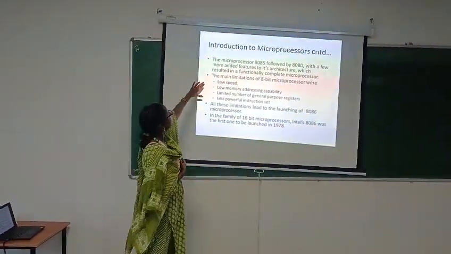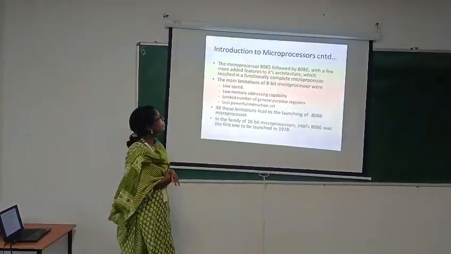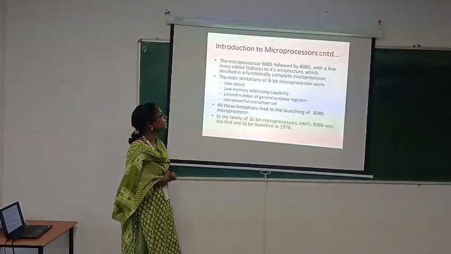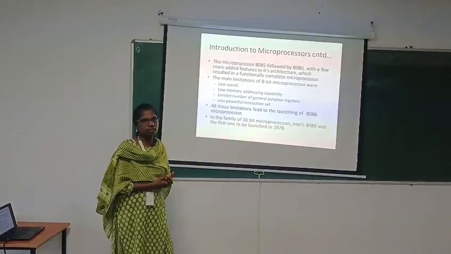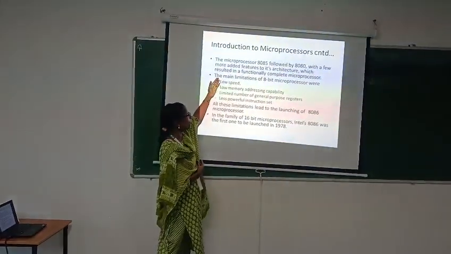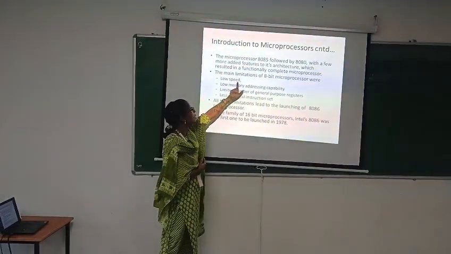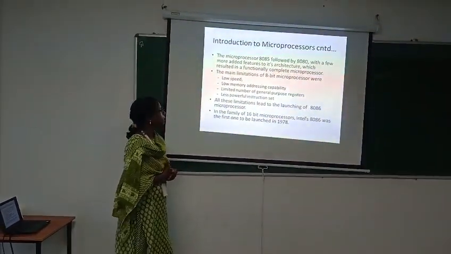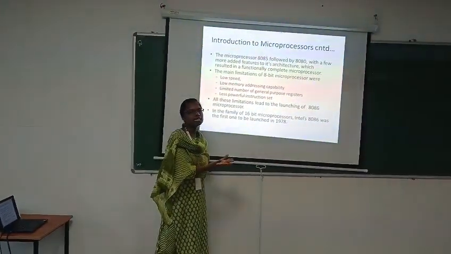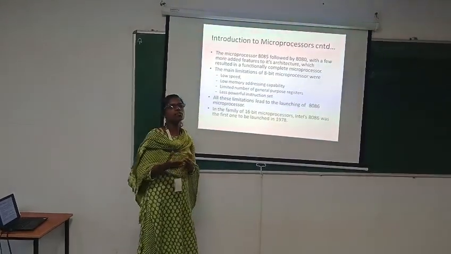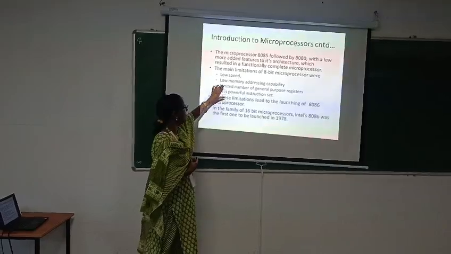The main limitations of the 8-bit microprocessor are low speed, memory addressing capability, and a limited number of general purpose registers to store the data. Registers are required, but in the 8-bit microprocessor, general purpose registers are limited, it is low speed, and it has a less powerful instruction set. Instructions means whatever the program is, it is stored in the form of instructions. So to overcome all these limitations,